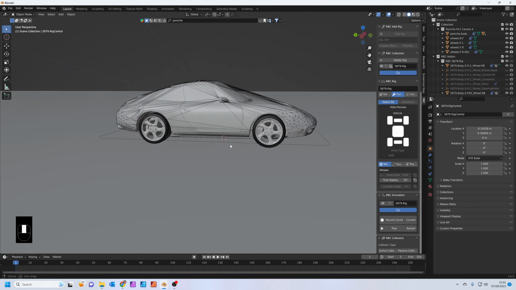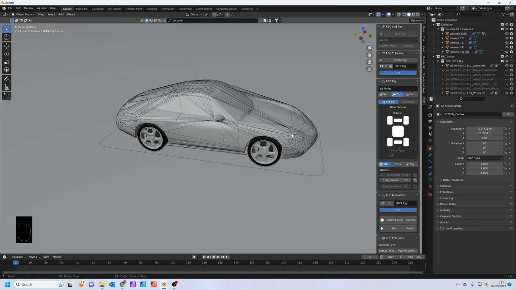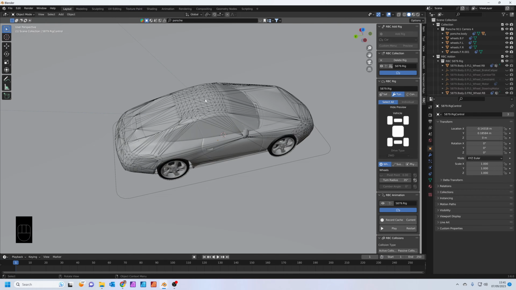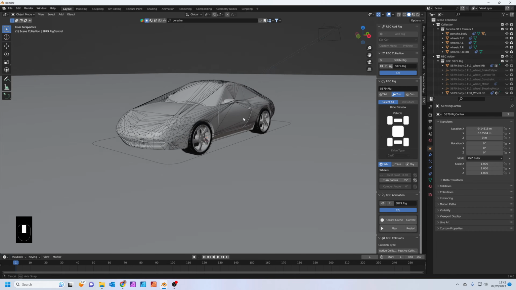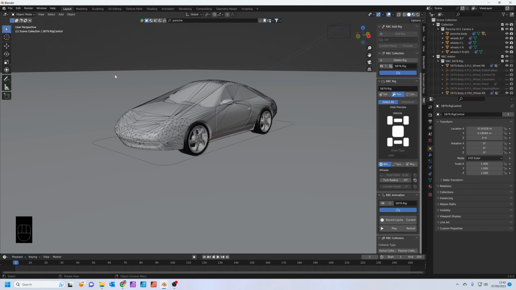And this actually makes a rig around the car body. It also makes a collision rig as well. So you can see this kind of mesh that's going over the top of the car. That's going to be the collision rig. That's going to be really handy for when we're crashing into things. Okay, let's save the work.